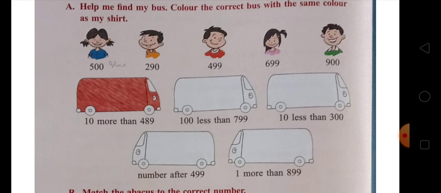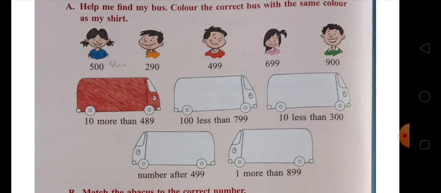And you can see which child wears a red shirt, so you have to color the bus red. 10 more than 489, जब आप 10 more than 489 करेंगे तो ये आपका 499 होगा। और 499 वाला जो लड़का है उसने रेड कलर की शर्ट पहनी है, तो आपका जो फर्स्ट वाला बस है वो रेड कलर से कलर किया गया है।